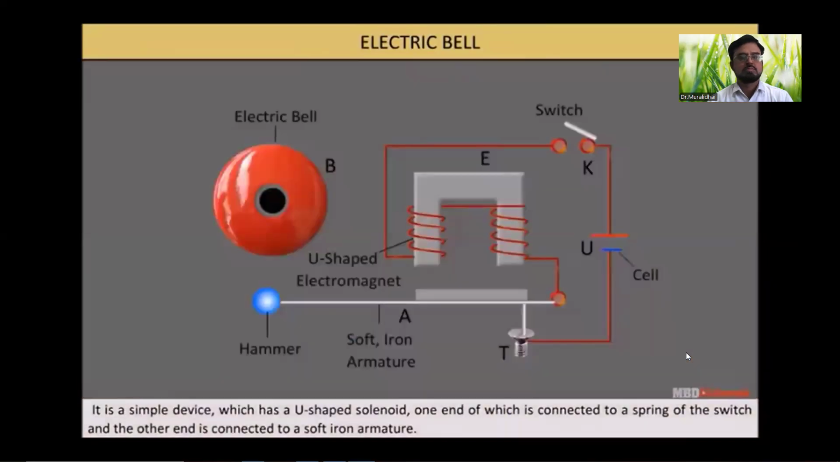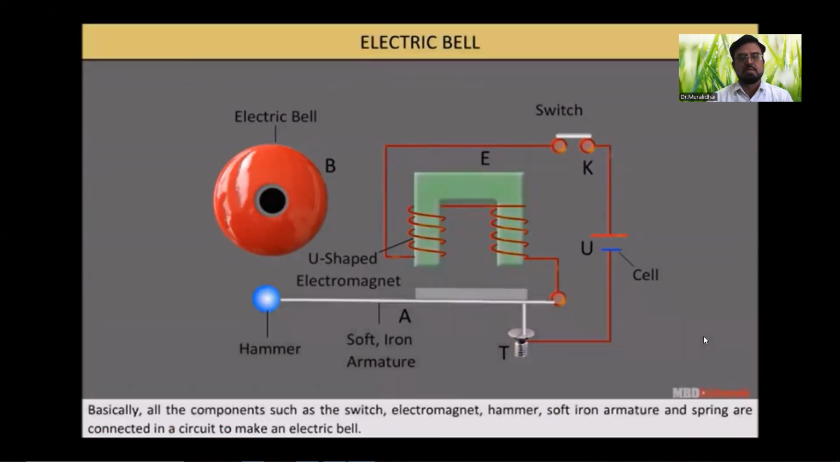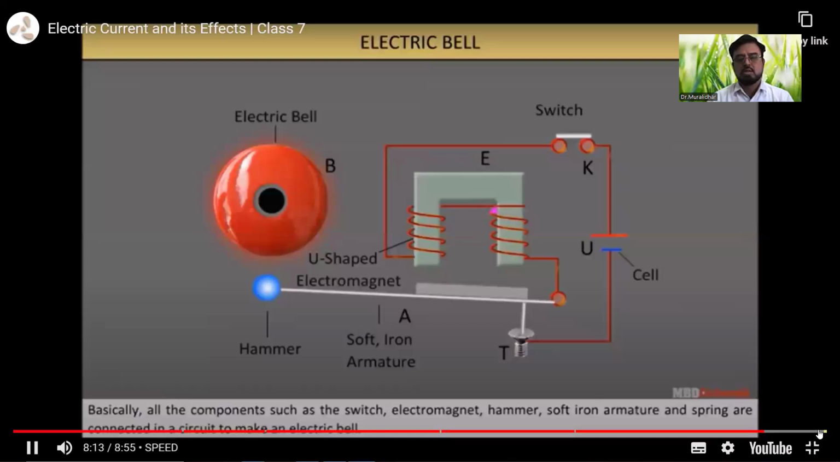It is a simple device which has a U-shaped solenoid, one end of which is connected to a spring of the switch, and the other end is connected to a soft iron armature. Observe, this is basically the structure of an electric bell. Components such as the switch, electromagnet, hammer, soft iron armature, and spring are connected in a circuit to make an